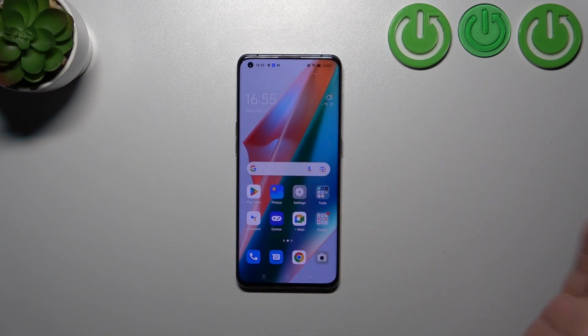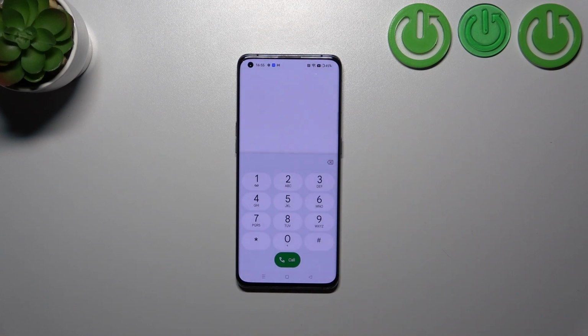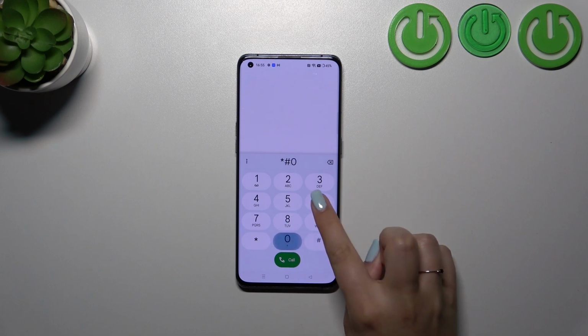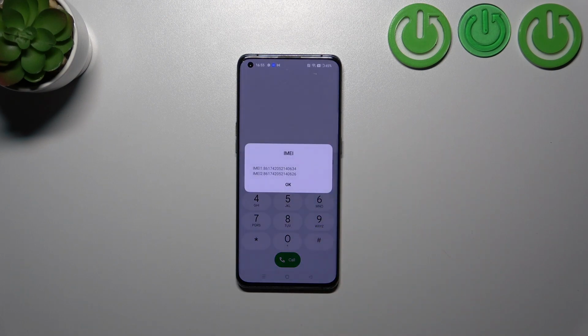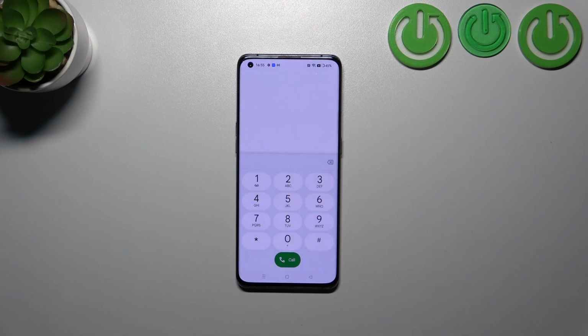So let's open the dialer and let me enter the first code, which is *#06#. And thanks to this code, we are provided with both IMEI numbers of this device. Let's tap on OK and let me show you a similar code, which is